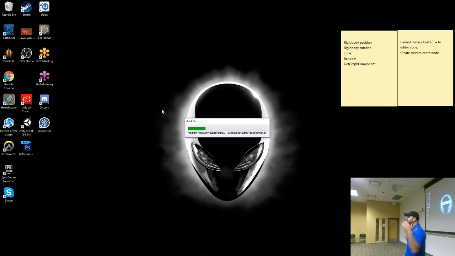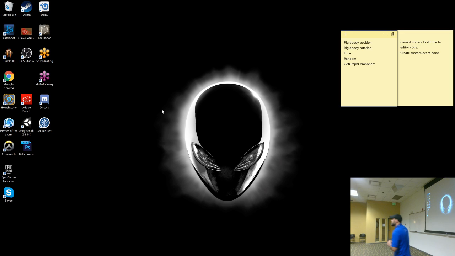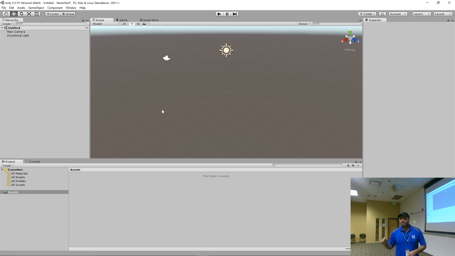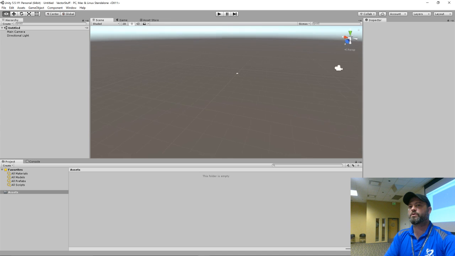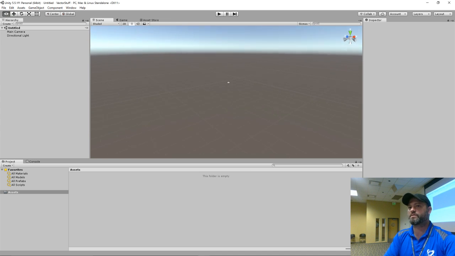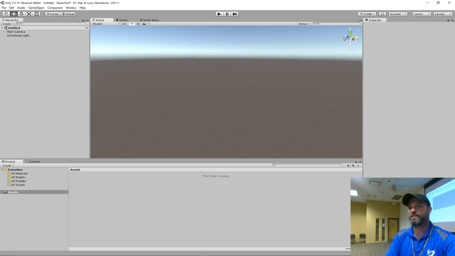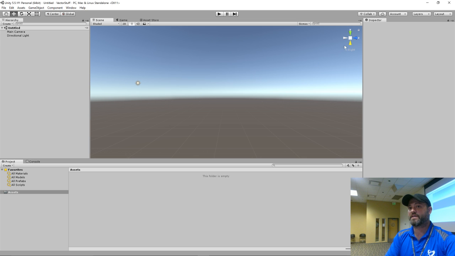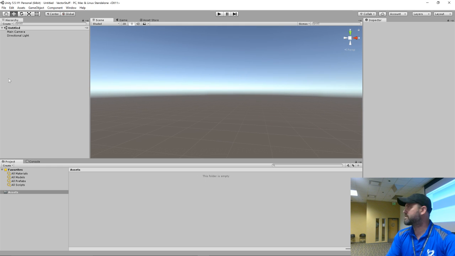So, understanding world space, we talked about X, Y, and Z, and what it means in those directions. Remember, there's two types of X, Y, and Z, and I'll discuss those in a second, but we have to understand world space. Do you see this thing up here? This tells me the world space of what the actual world is doing. If I click this X right here, I'm looking down the X. If I click this Z, I'm looking down the Z. That means in the world, Z is always going to be in that direction. Now, Z is always in that direction, and if I turn this way, I still have my local Z, right? I still have my own forward.